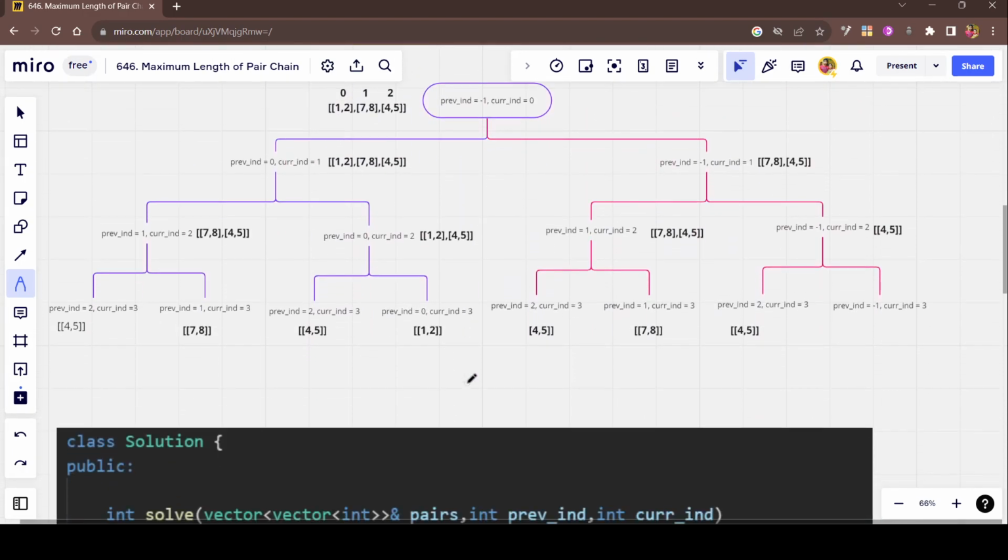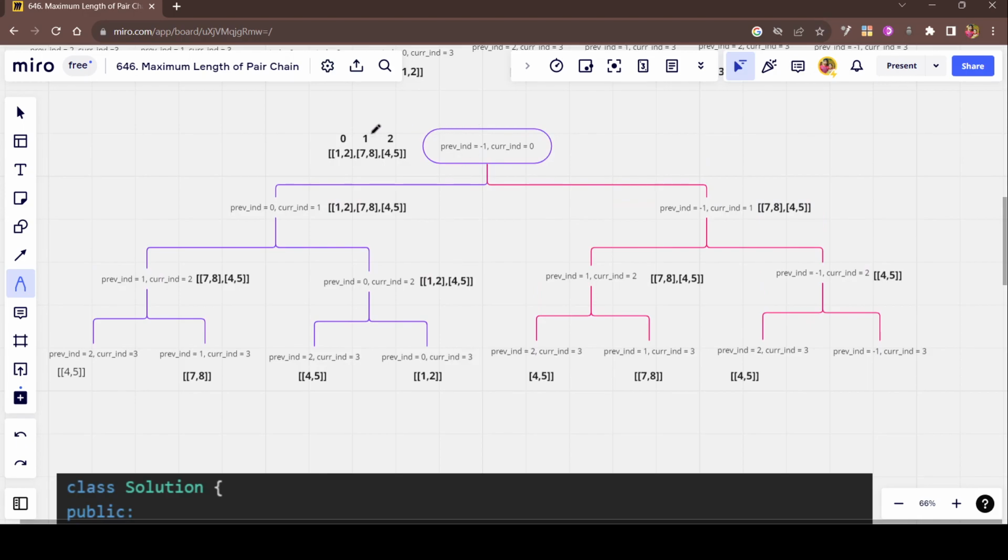Now let's say in this tree, first we can say that I have taken the 0th index. Now we can conclude that we have taken that current index 0. Now if we take the 0th index, now we have to take